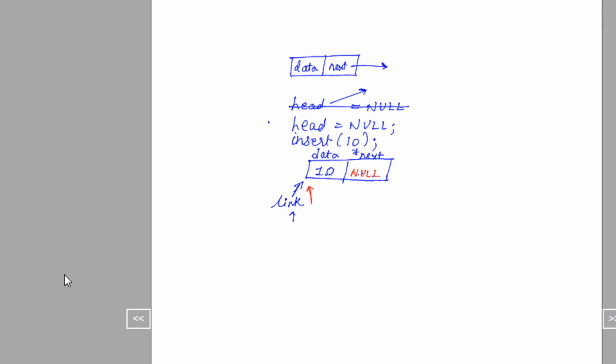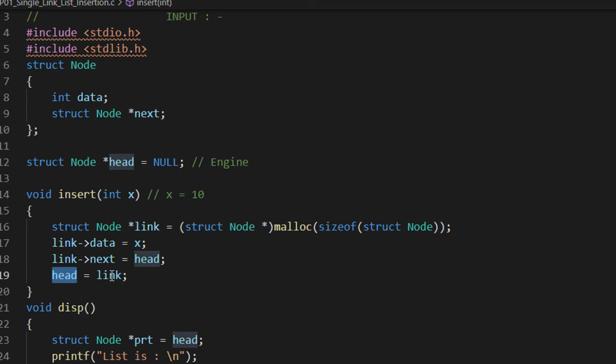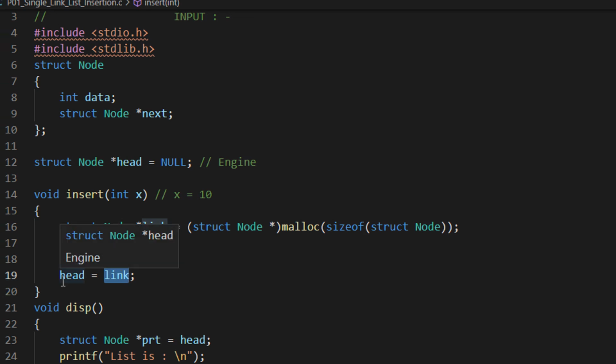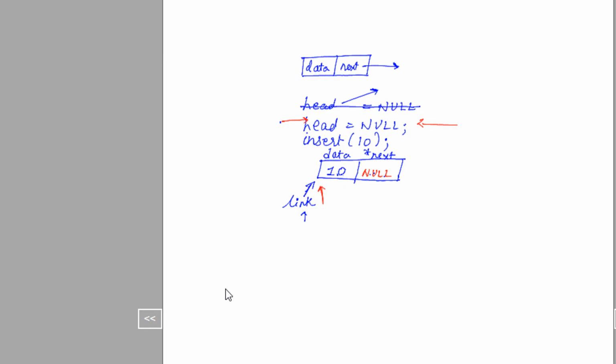Head was null in this particular case. Now I am saying that head is equal to link. That means link was pointing to this particular element, and now head will be pointing to this particular element, right? A bit tricky at the start.